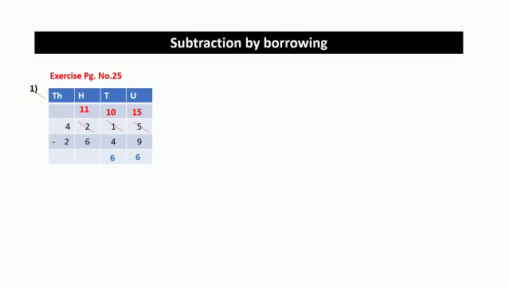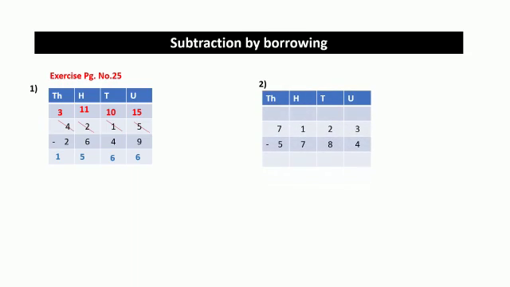After borrowing one number from number 4, in hundreds place, 2 will become 11. 11 minus 6 is 5. And in thousands place, since we have given one number to hundreds place, number 4 will become 3. 3 minus 2 is 1. Similarly, we are going to solve the second one.